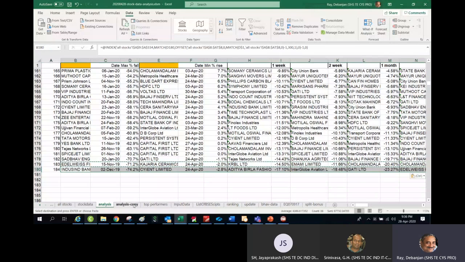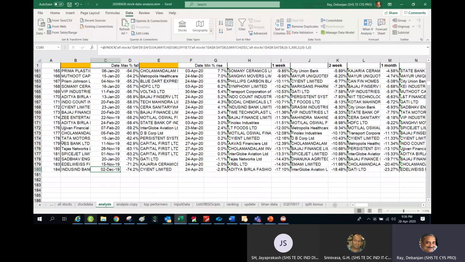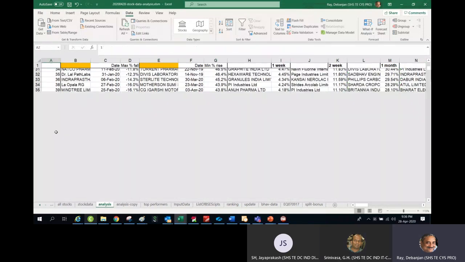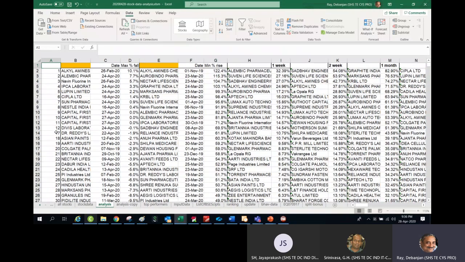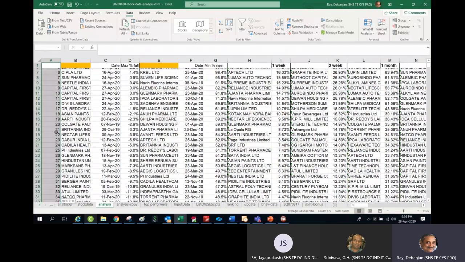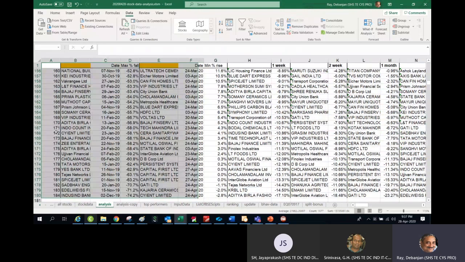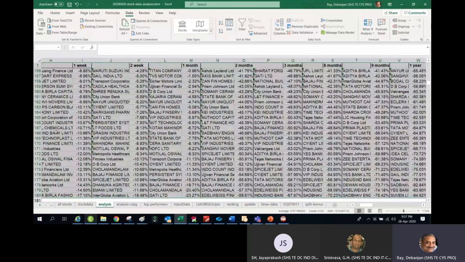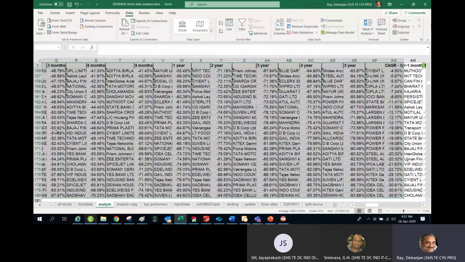I do not go to the analysis copy sheet. The difference between the analysis sheet and the analysis copy sheet is that in the analysis sheet, the original formula is there, whereas the analysis copy sheet is the same sheet without formula, but the advantage is that I can do the color coding that I have shown.